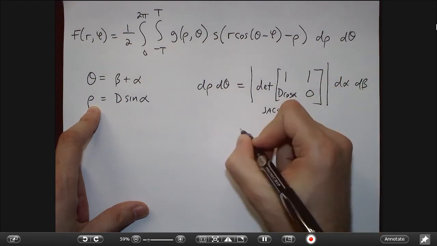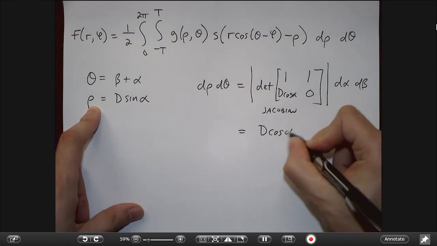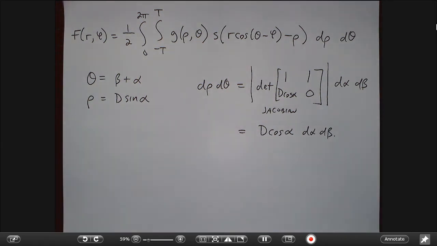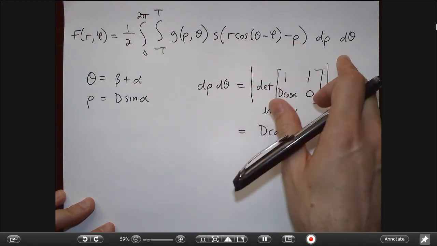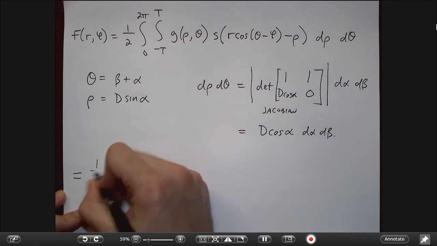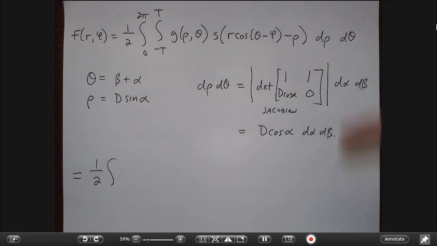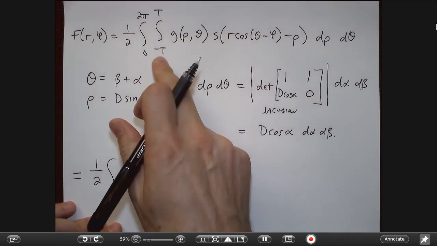Right, so this is just the Jacobian. And if I do the determinant, what I get is d cosine alpha, d alpha, d beta. Okay, so now I'm going to change this whole integral from a rho theta integral to an alpha beta integral. So my integral becomes, well, I'm going to put the alpha integral first. So the alpha integral is going to go from,